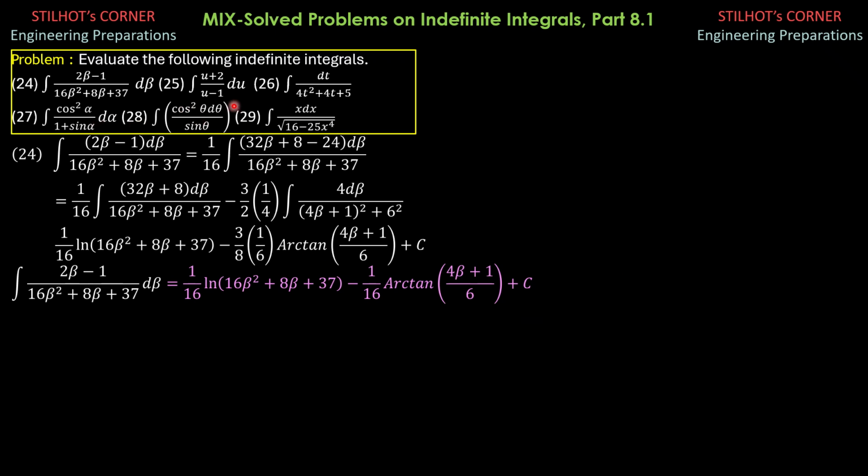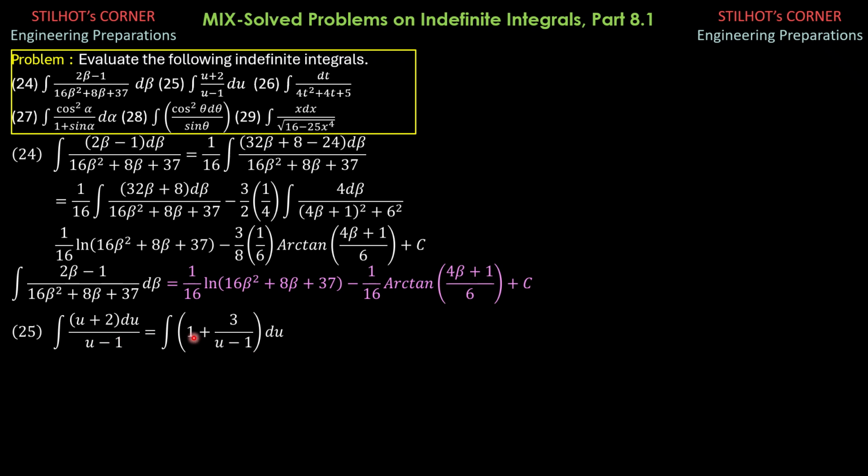We proceed to the second one. After we divide the numerator by the denominator by long division, the result is the integral of (1 plus 3 over u minus 1). If we check, 1 times (u minus 1) is u minus 1, plus 3, so that would be u plus 2, differential u, over the LCD, which is u minus 1. So that's the correct expression after we perform long division first.